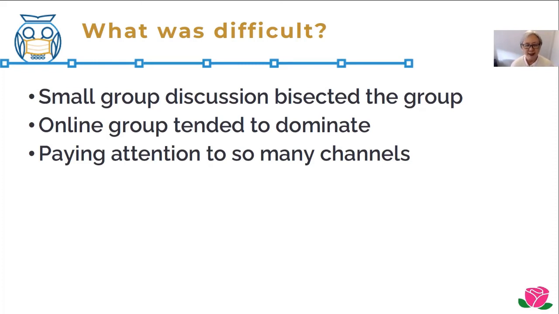Also, it was really difficult to pay attention to so many channels at the same time, because you had people on the Zoom call, you had the presenter slides, and then you had the Slack channel. So talagang you were constantly rotating among these three. And that's not even counting the person next to you who might be saying something to you. So you had to manage all these different